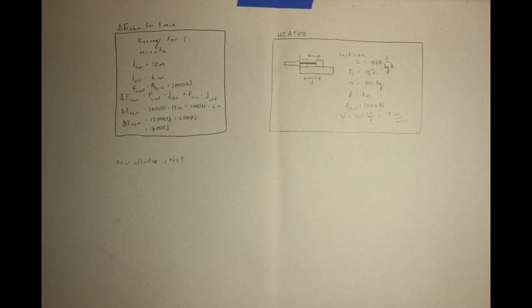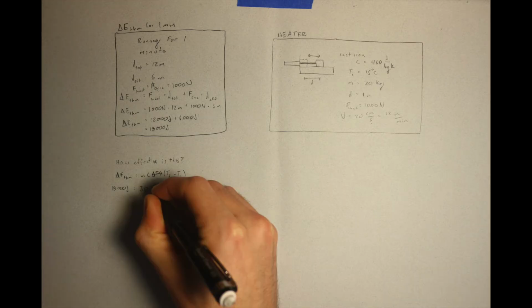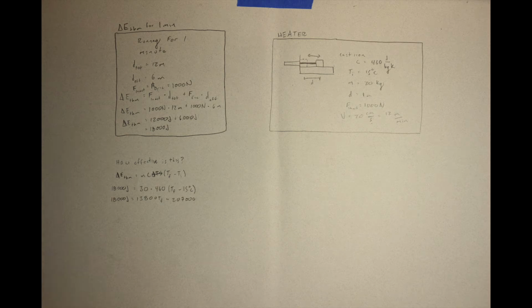18,000 joules is hard to visualize. How effective is my heater at actually heating? I know that the change in thermal energy is also equal to the mass of the object times the specific heat times the change in temperature, which is the final temperature minus the initial temperature. Look, we know all of these values too, except for the final temperature, which we found to be 16 degrees